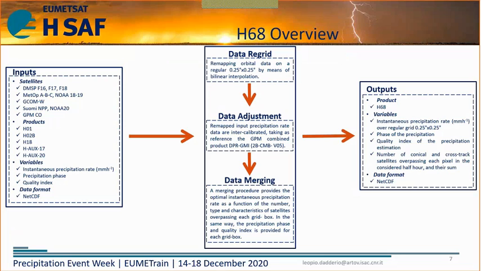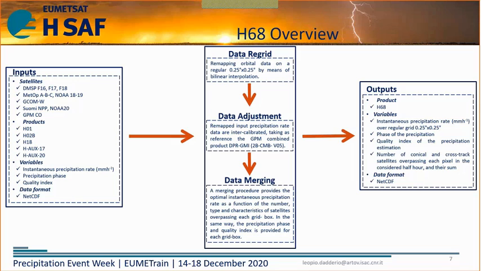We remap the orbital data on the regular grid, as I said, 0.25 by 0.25 degrees. Then we adjust the remapped precipitation rate by intercalibrating the input products with respect to a reference, which is the combined DPR-GMI product of the GPM mission, and then we merge the data,